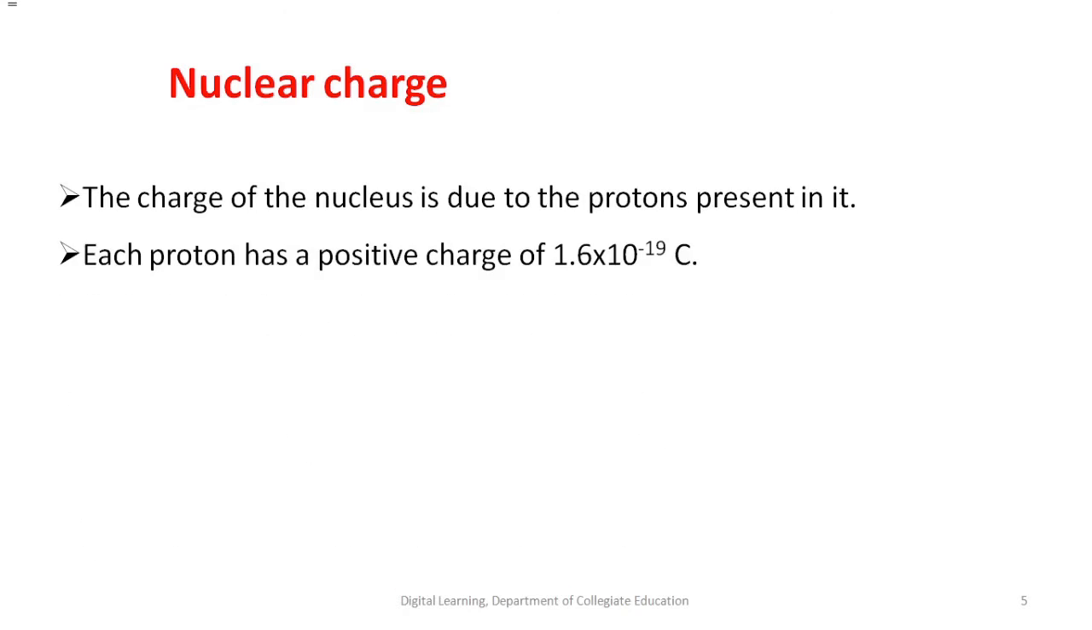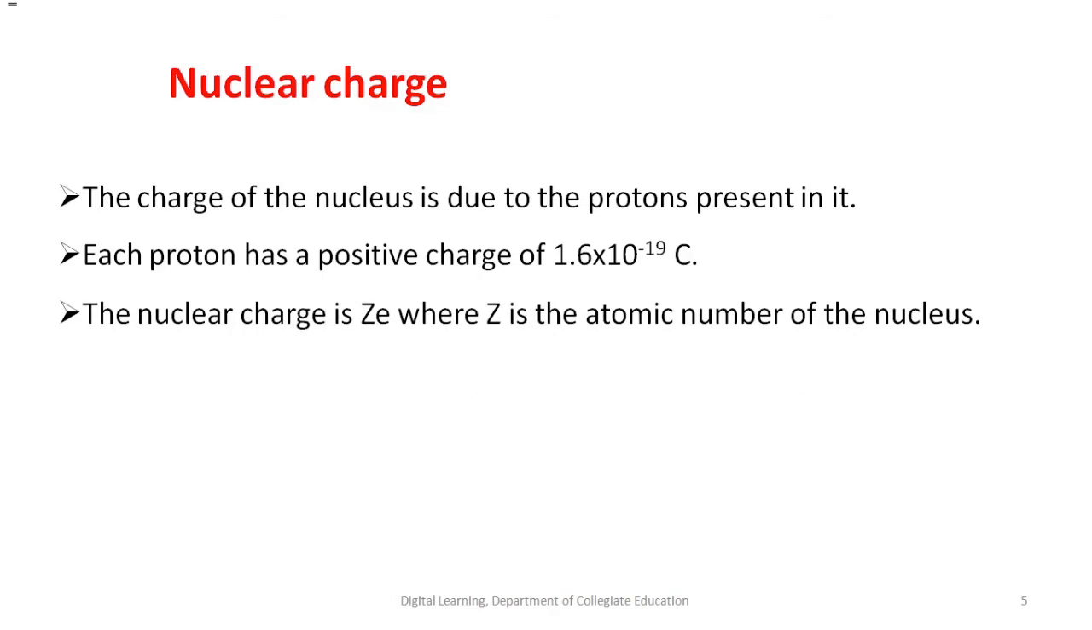Each proton has a positive charge of 1.6 into 10 power minus 19 coulombs. That is the charge of one electron, but in the positive way. The nuclear charge is Ze. If each proton has 1.6 into 10 power minus 19, that is e, and if it contains Z number of protons, where atomic number is nothing but the number of protons present, then Ze will be the